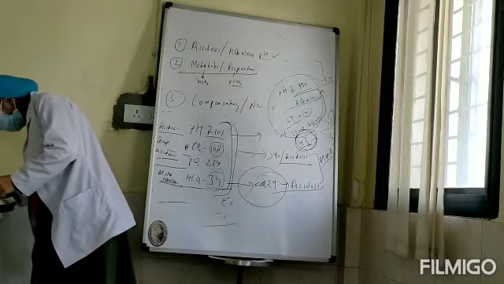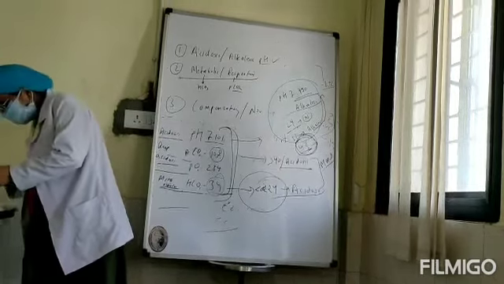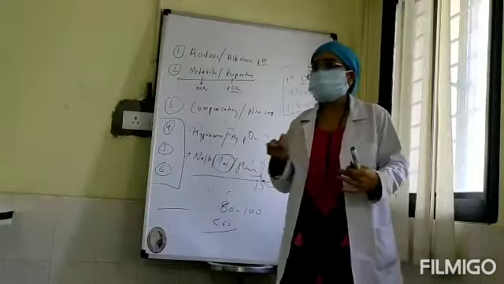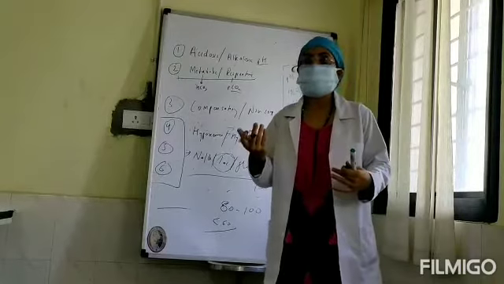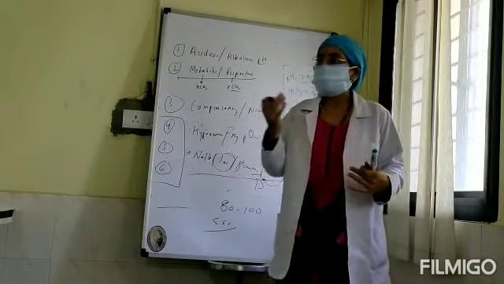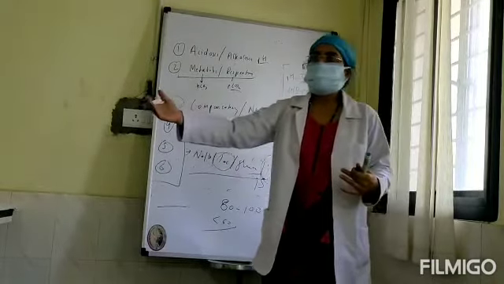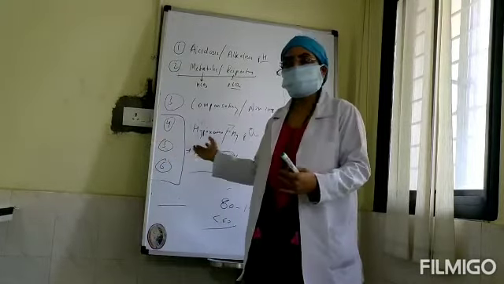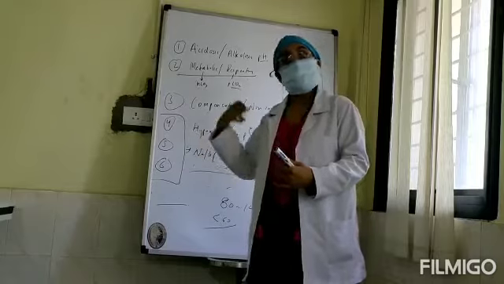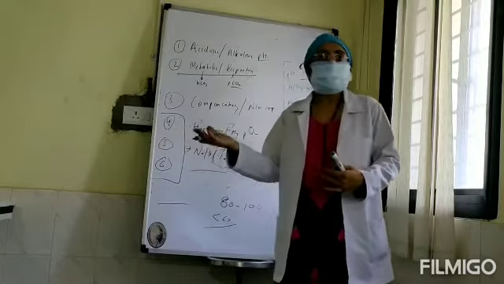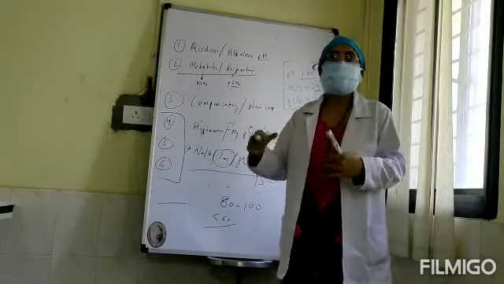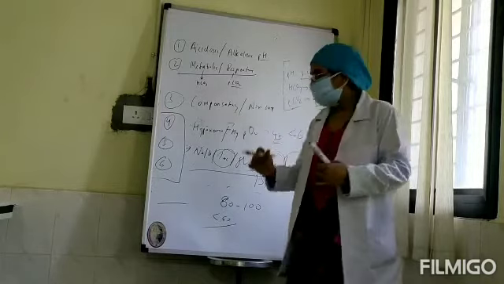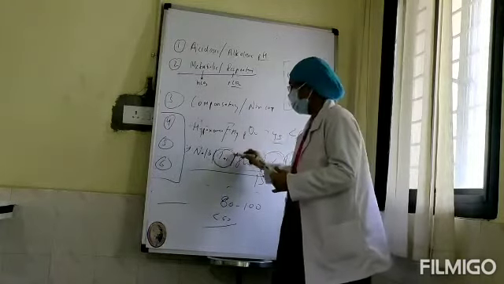Now we have to say ABGA. You see, if lactate is very high in a child, this is a very good guiding factor for you. Suppose today lactate is 4, next day lactate is 3, then 2. We don't need to upgrade our antibiotics. Lactate is responding. If not, we need to think of some other problems which are responsible for worsening of the child's condition. So lactate is very helpful in your day-to-day assessment.